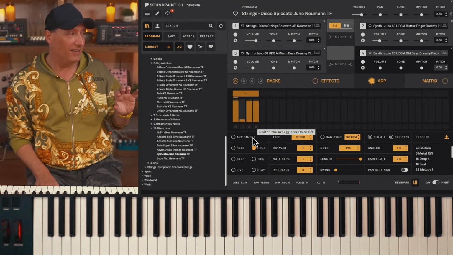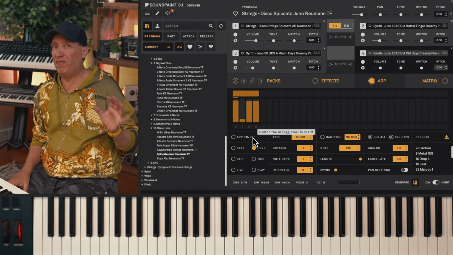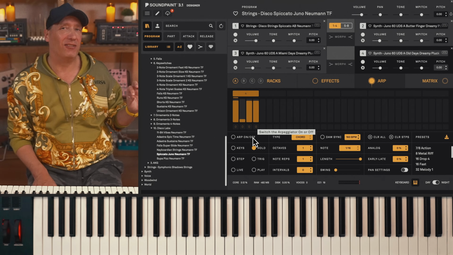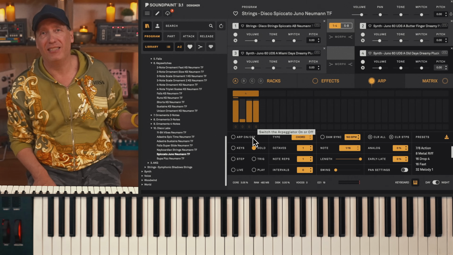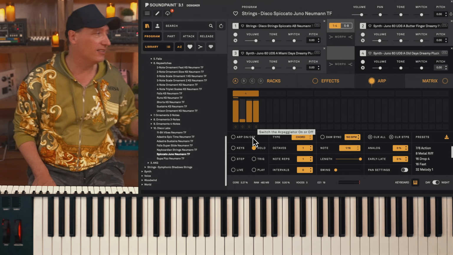So sweet. These are our new analog model filters inside of Soundpaint. We're going to come back to them soon with a massive update as well, but this is just a little bit of a taste of it. It's truly a ladder filter on steroids.